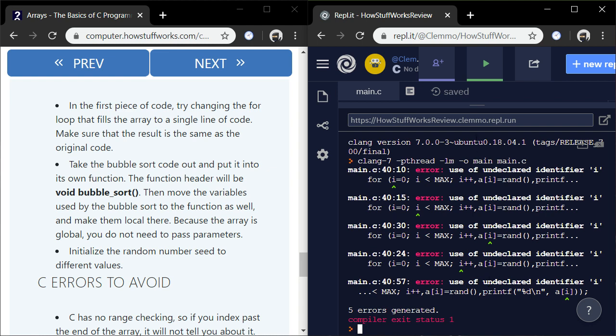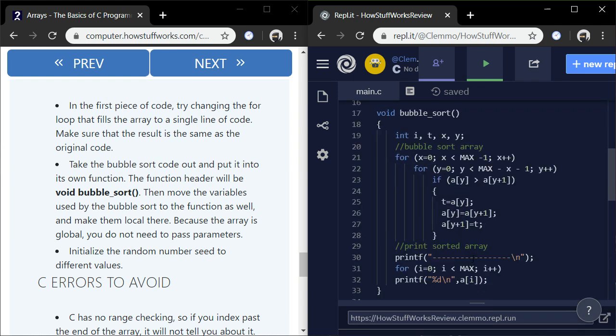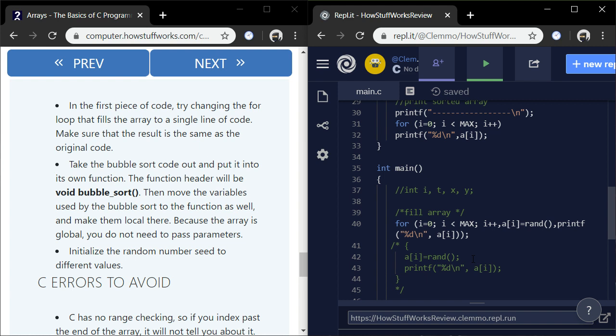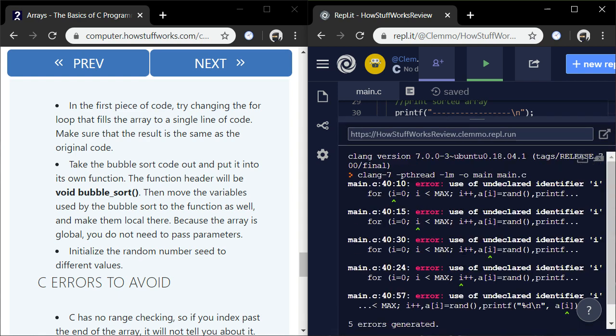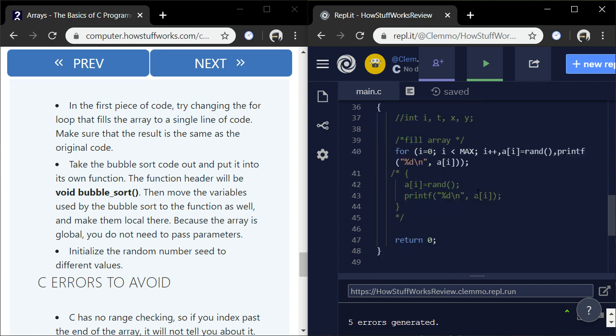Undeclared, all related to an undeclared identifier, which is I. Oh, no. It's on line 40. It has an issue with line 40 with an undeclared.